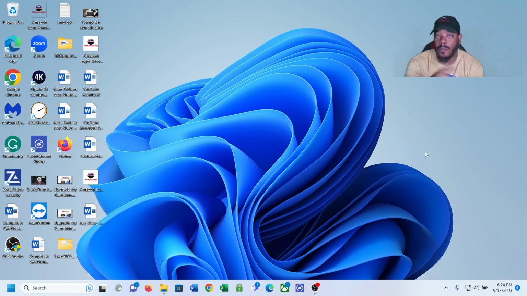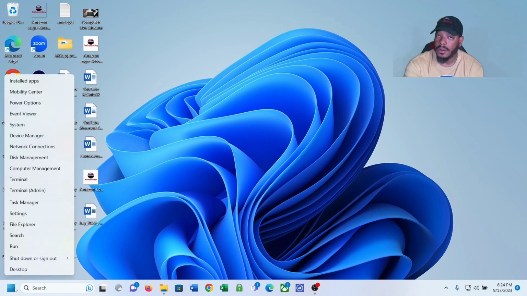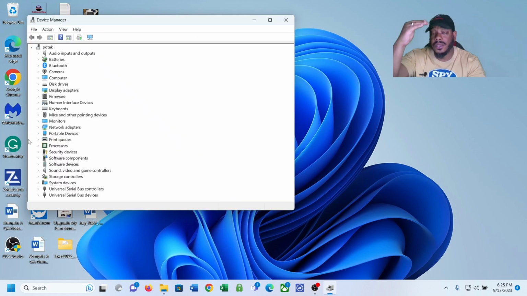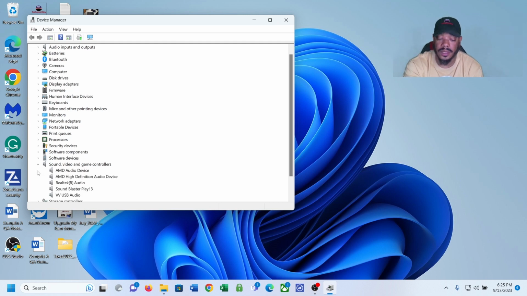But let's go back to Device Manager, right? We want to go down to the Start menu and right-click on the Start menu and go to Device Manager. You want to left-click to select, right-click to open up options in Windows. And we said, look at sound, video, and game controllers. Hit the